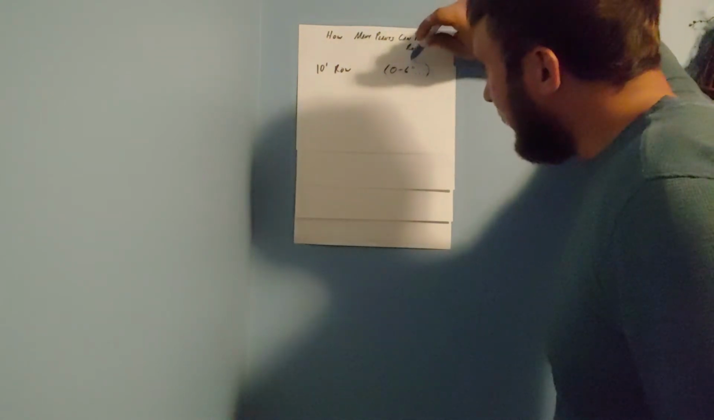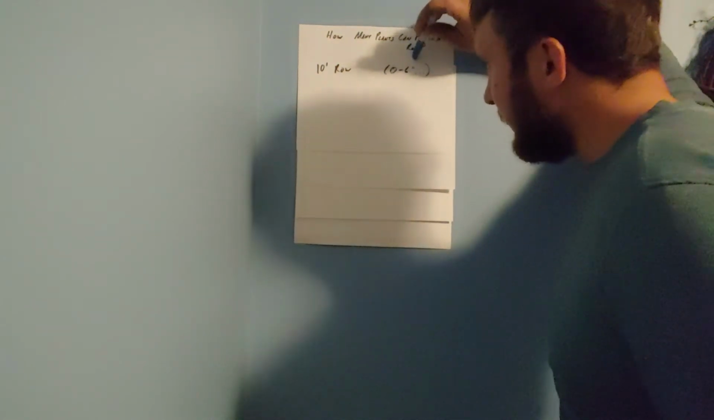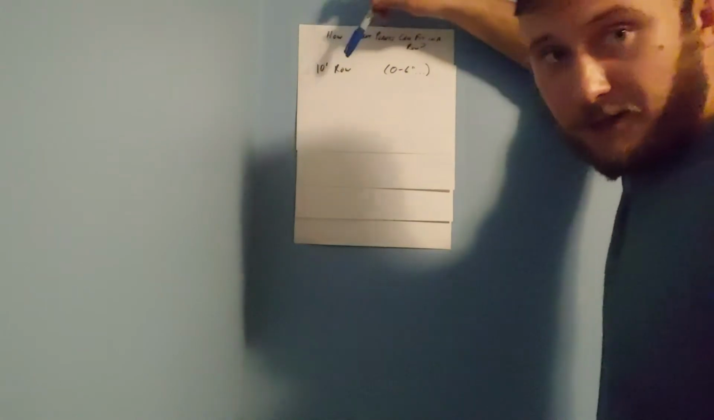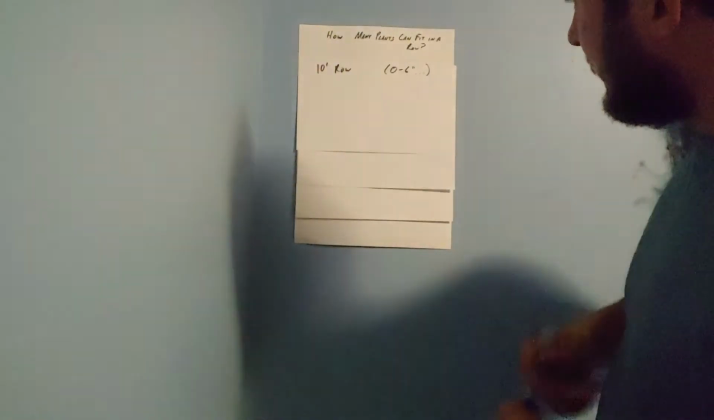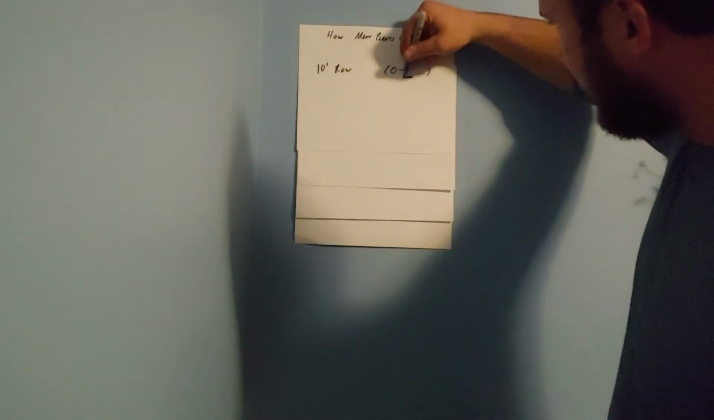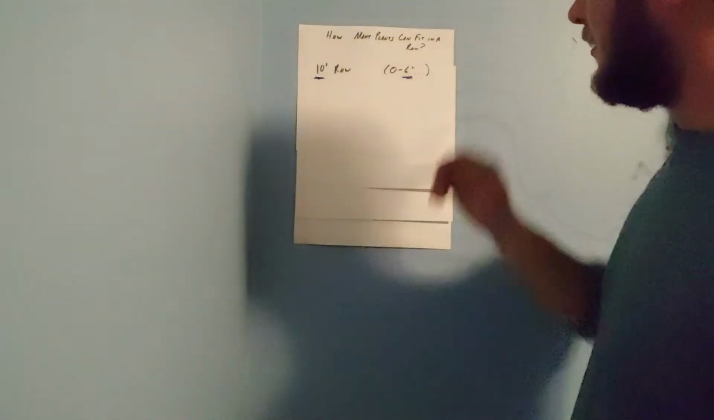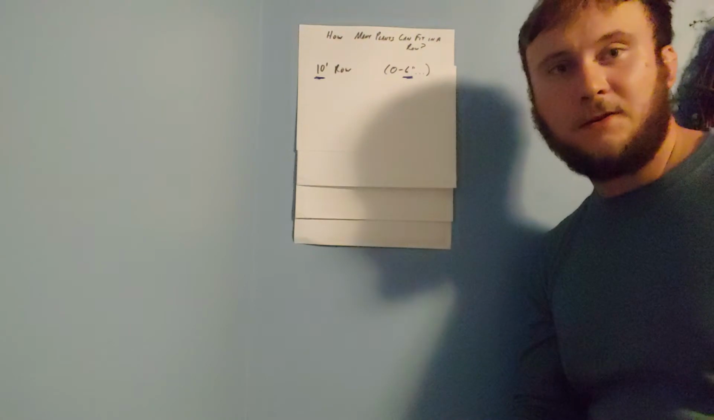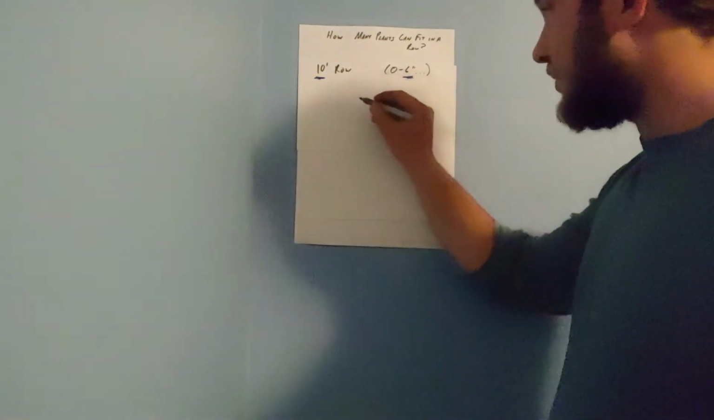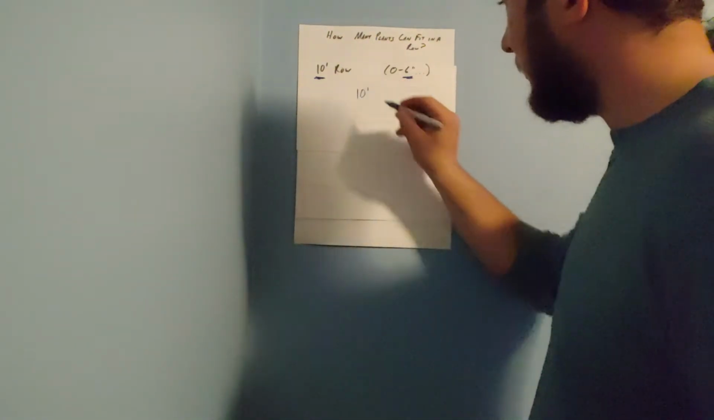So really what we want to know is how many sequence intervals can we put in the row. So again, here's our sequence interval, and here's our row. So what we do is we divide the row length,